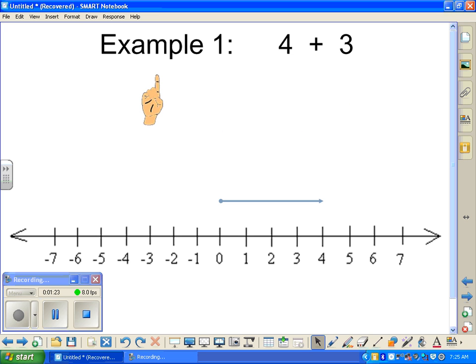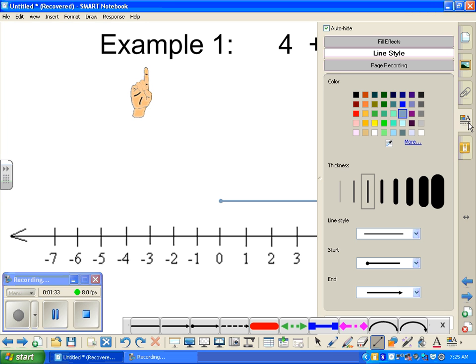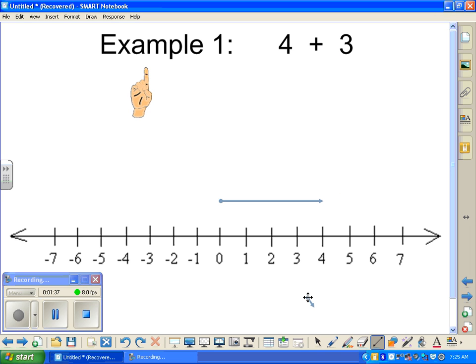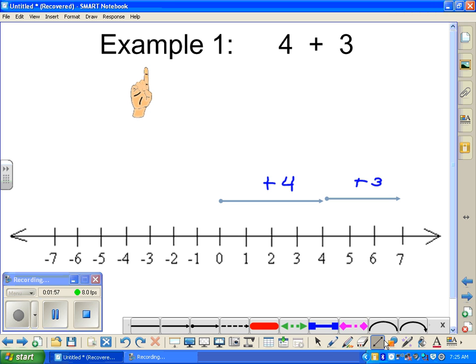Common sense should tell you if we're adding, we're going to start from where we left off and add an extra 3, aren't we? So that's exactly what I'm going to do here. It's positive 3. From here, it's a little off, but it's positive 3 here. 1, 2, 3. So let me just write that in here. Here is a positive 3, and we started off with a positive 4, right? 4 plus the 3. And so that's going to give us a grand total of,